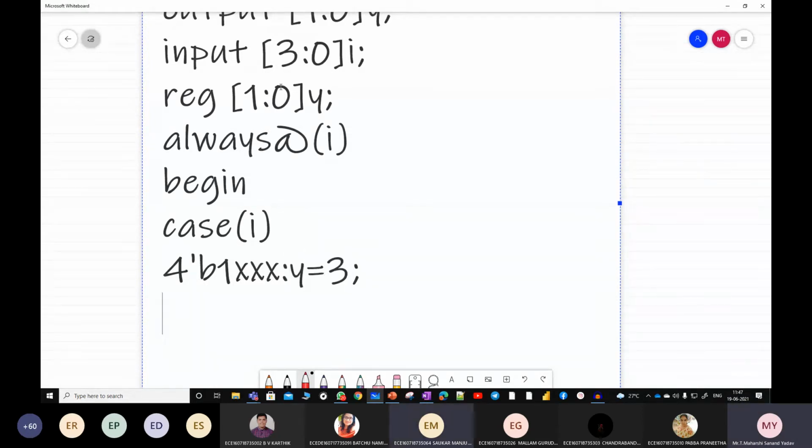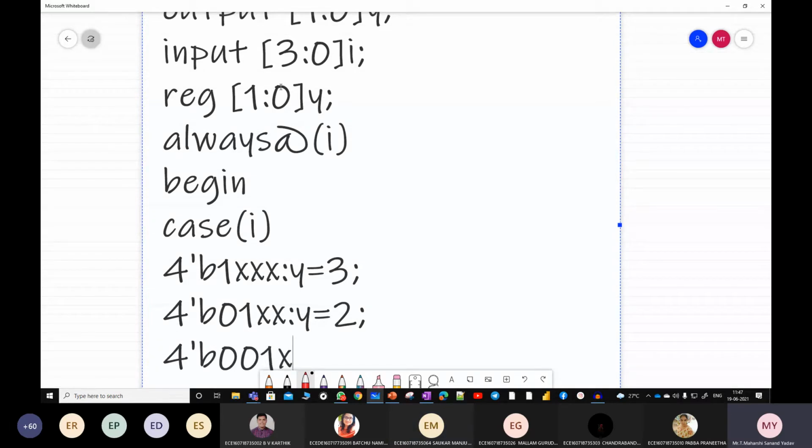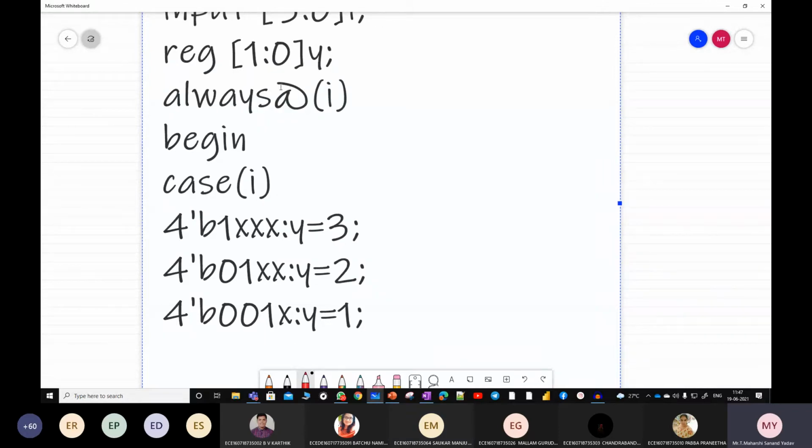4'b01xx: y = 2. 4'b001x: y = 1. 4'b0001: y = 0.